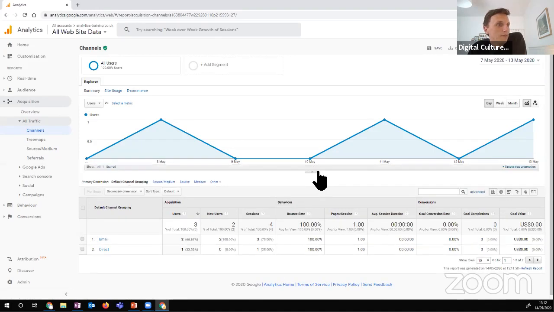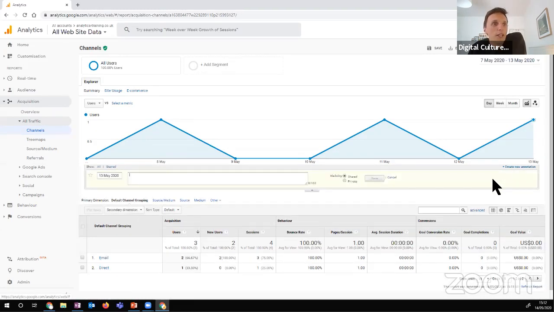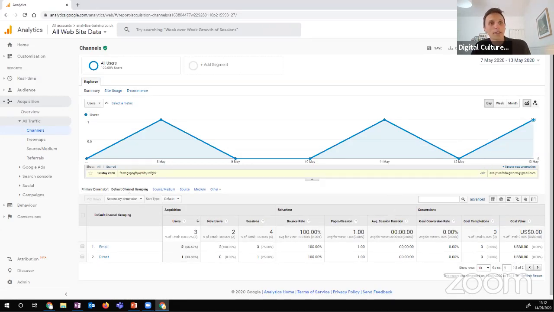If you click that, and it was on the audience report, it'll open this bar up, and then over to the right, it says create new annotation. Click that, and then again, you can set a certain date, and usually it sets it for the day that you're doing it, but you can change that. And then you can type in your annotation there, and then save it, and then that'll appear as a tiny